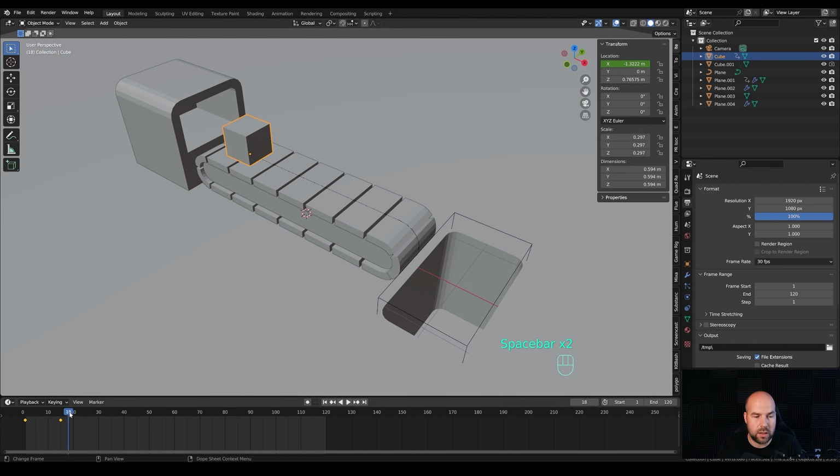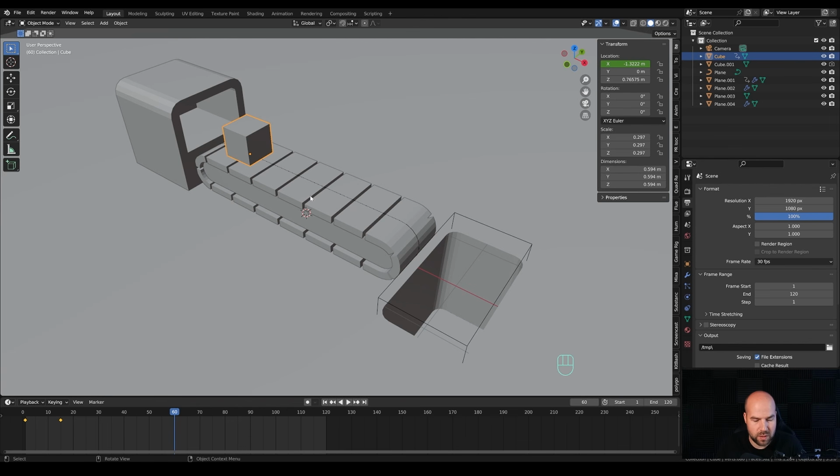So now the box comes out and we'll need to make sure that it goes all the way here and falls down. So let's move to something like frame 60, and we'll need to modify this based on the proportions of your conveyor belt. So this will be different for me, it will be different for you a little bit, but I will show you how you can approximately match the speed of the conveyor belt.